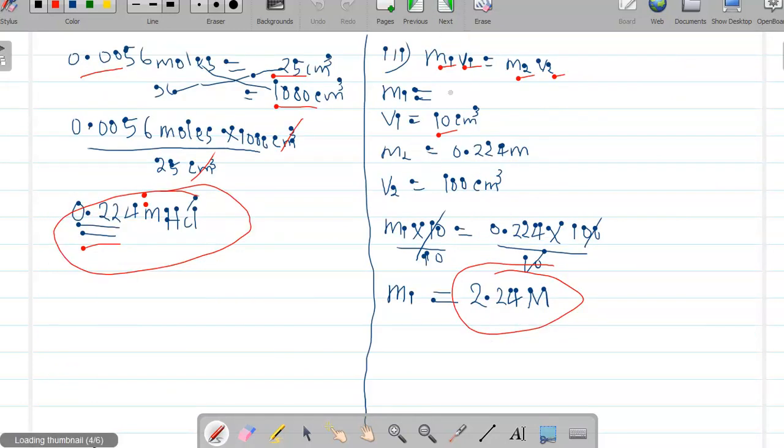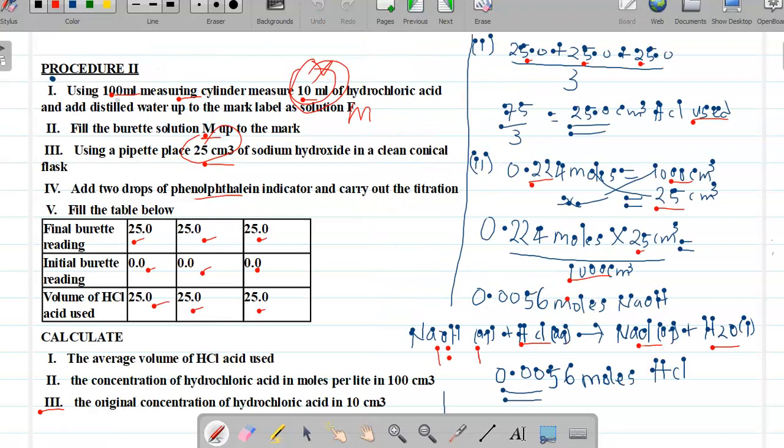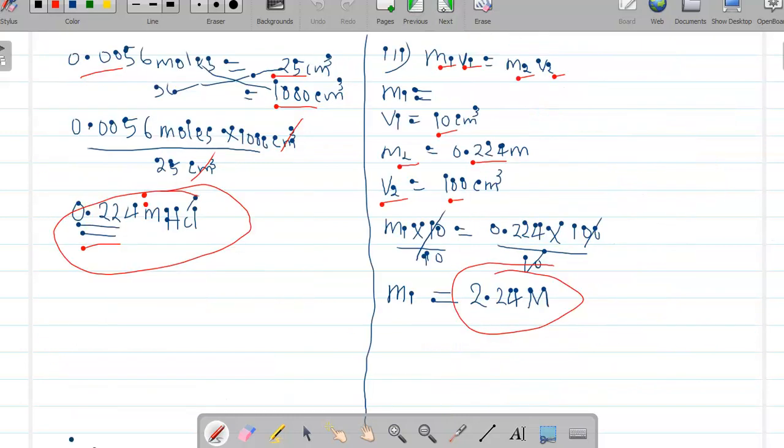Molarity 2 we have obtained right now, 0.0224. This is the molarity 2. Then the original volume, volume 2, is 100, because we have diluted the solution up to 100 ml. Okay. Then you substitute into the formula. This is what you do: M1, which you don't know, times volume 1, which is 10, is equal to molarity 2, M2, which